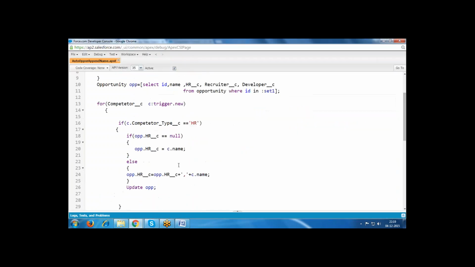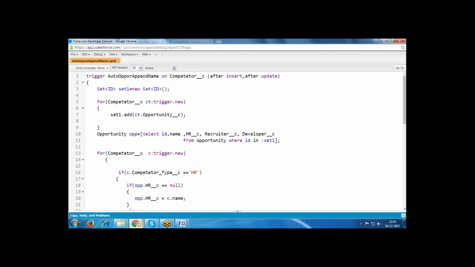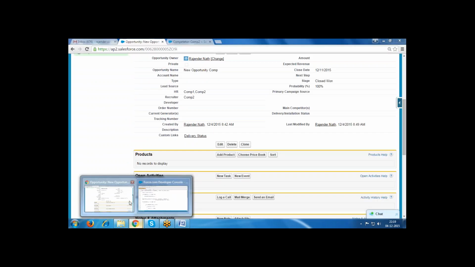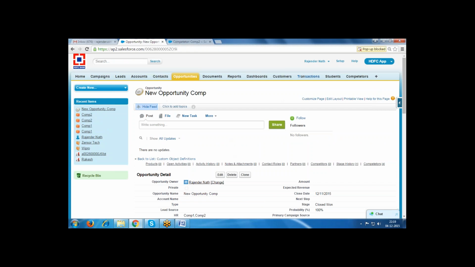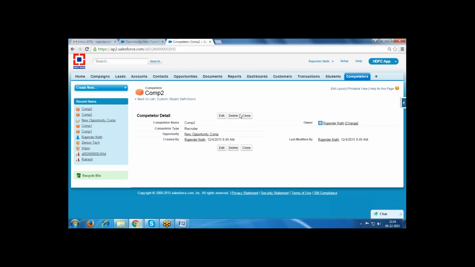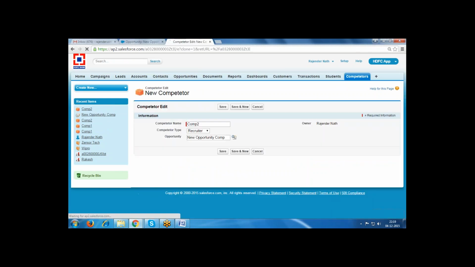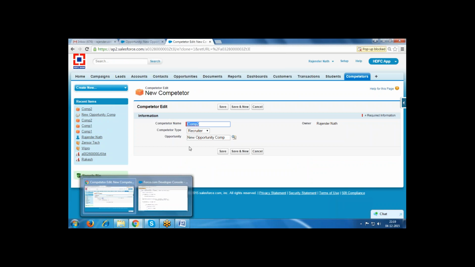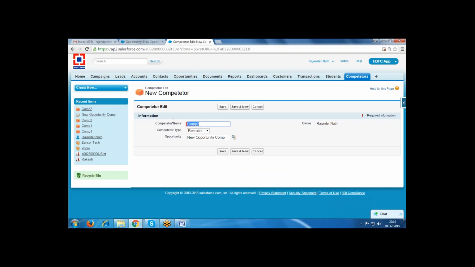Whenever we are executing, whatever competitor record is there, these values are retrieved and stored in the variable Trigger.new.